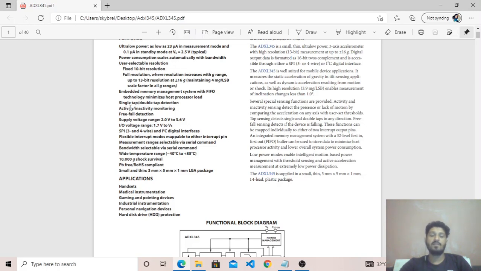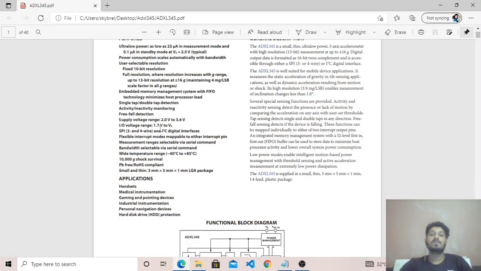We can detect free fall, and the supply voltage ranges from 2.0 volts to 3.6 volts. As I told you earlier, it depends upon the manufacturer. So I'm suggesting you please use 3.3 volt if you are not sure about the VCC voltage of your module. Here you can see the input output voltage range between 1.7 volt to VS. VS here is the voltage source.